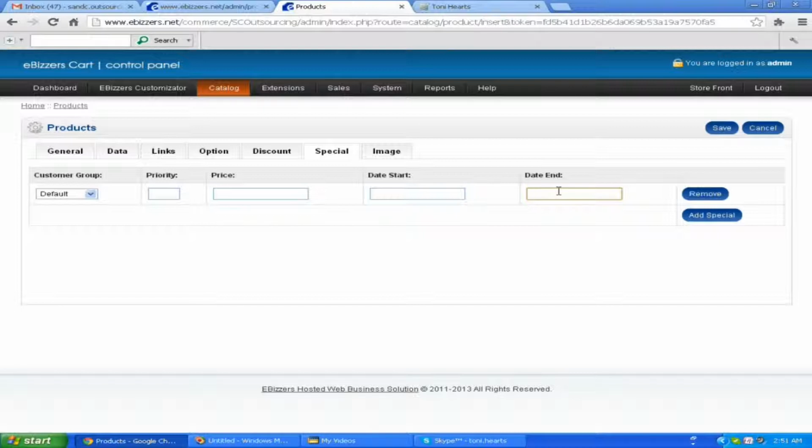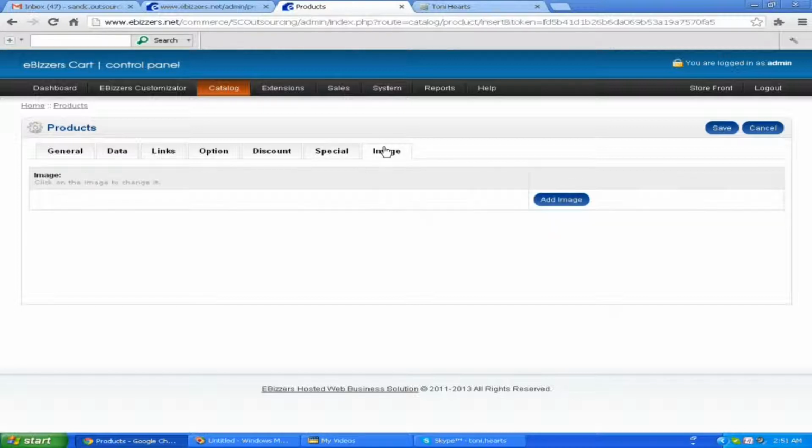Alright, next one is the image tab. Now, the image tab is a place to build galleries for your products in addition to the thumbnail photo you created in the data tab. So, people will see all the products that you're selling, so they will have an idea about the looks of the product. Now, you just have to click add image,